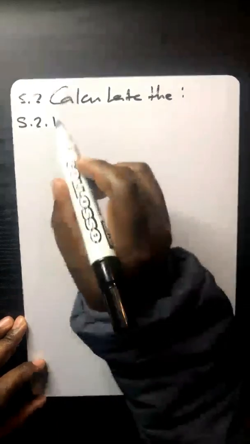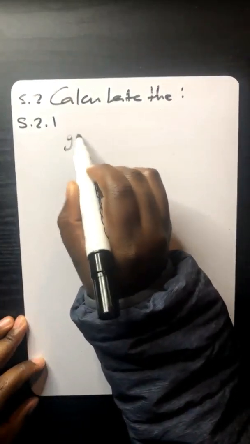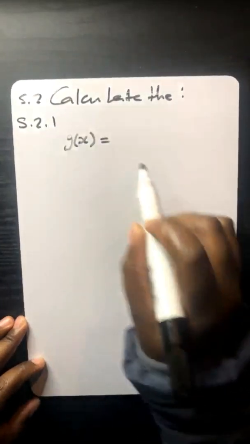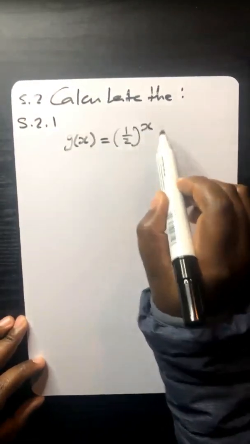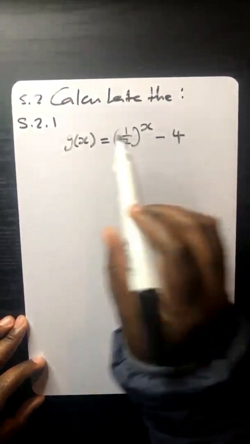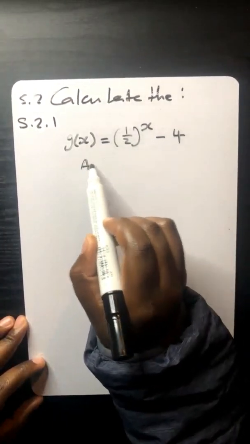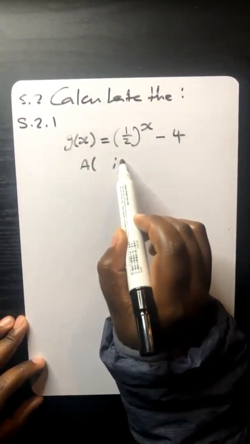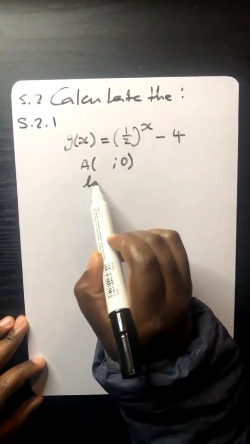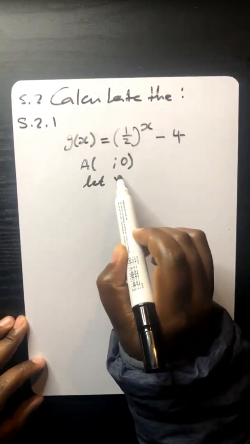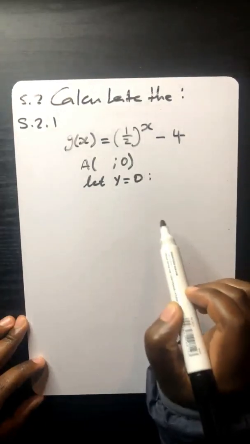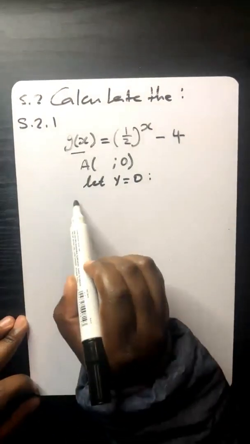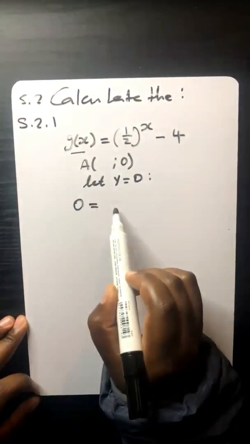This is the function for Bra George: y equals 1 over 2 to the exponent x, minus 4. At A we don't know the X value, but we know that y is 0. So let y be equal to 0. We substitute 0 there, which means 0 is equal to